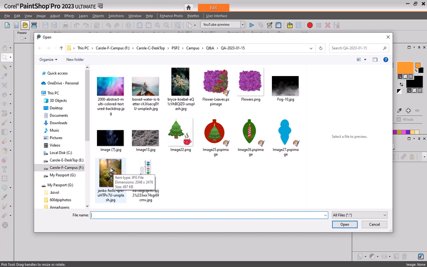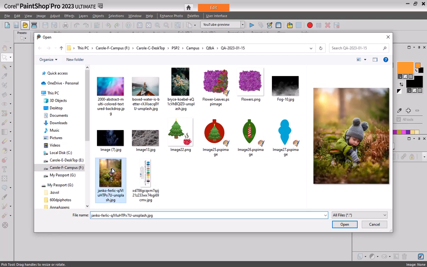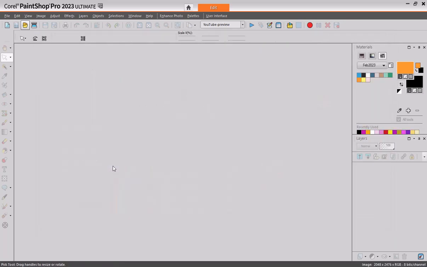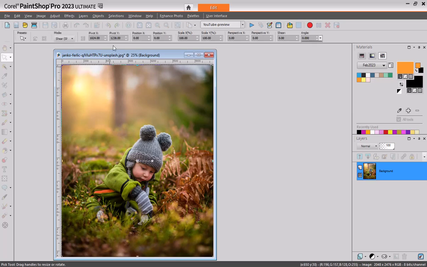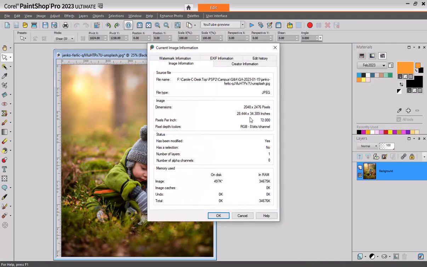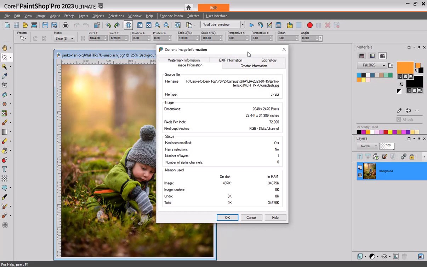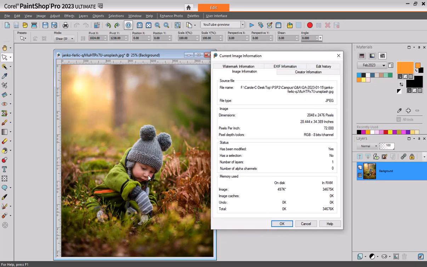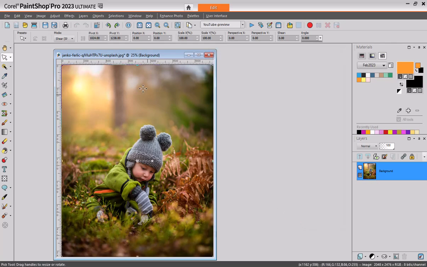If I go here under image information, I'll see the resolution here is 72 pixels per inch. So if I want to have this image at 300 dots per inch or pixels per inch, I will go under image, resize,